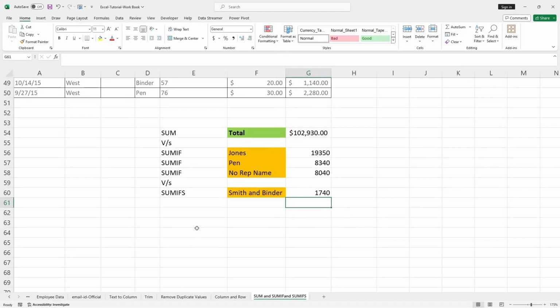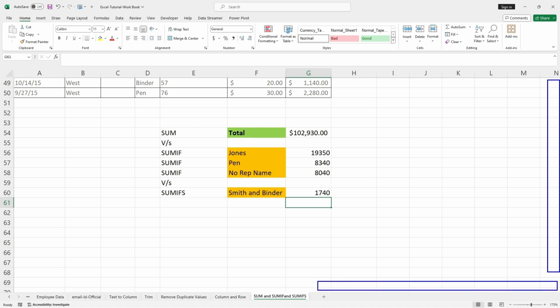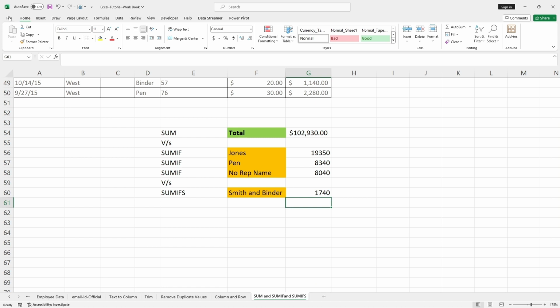Welcome back. In this episode, let us understand what is the difference between a comment and a note. In case you have a similar problem like this, where I am not able to see the vertical and the horizontal scroll bar, what you have to do is go to the File menu,